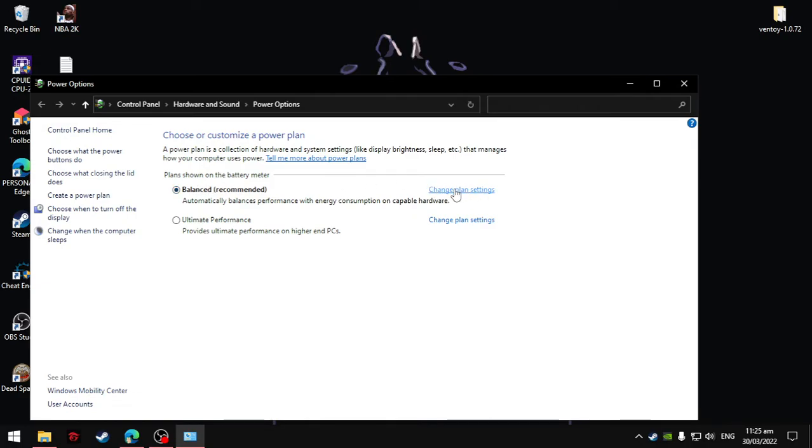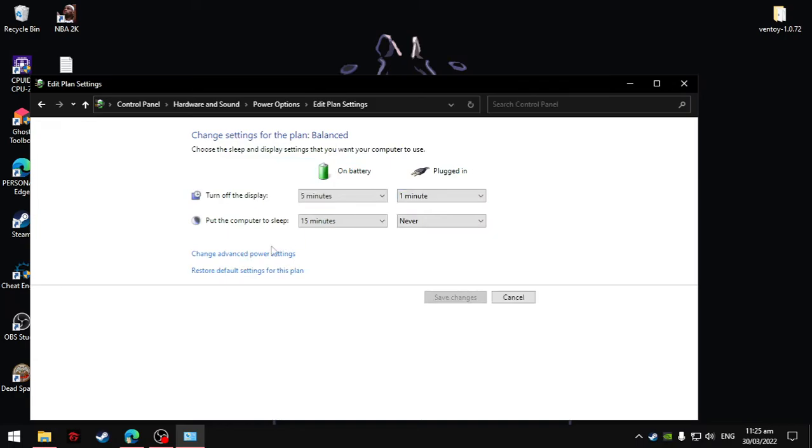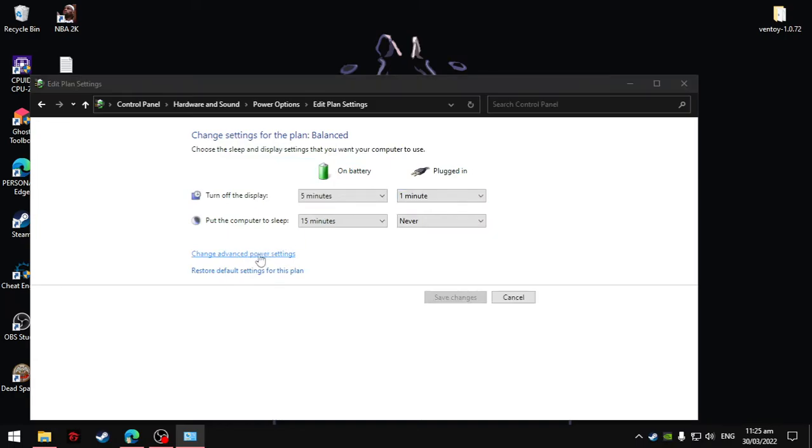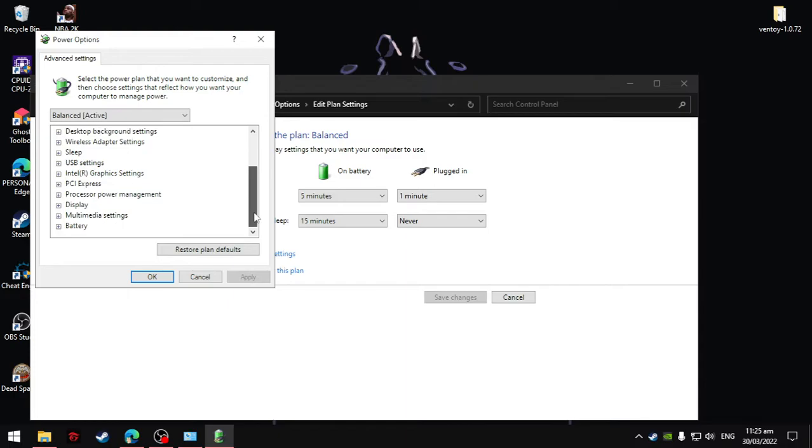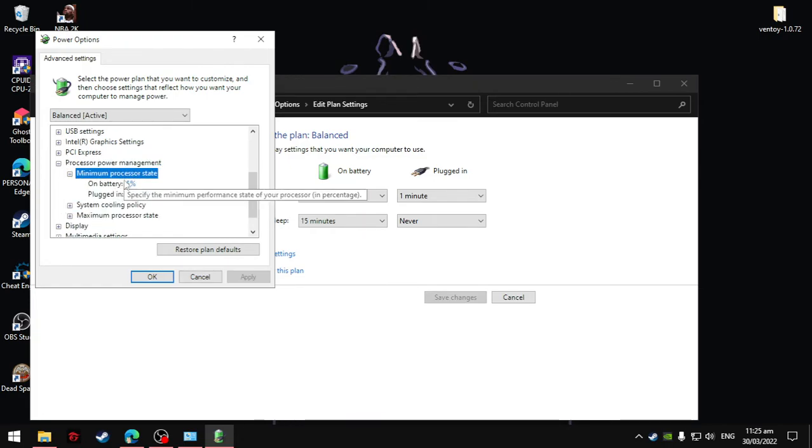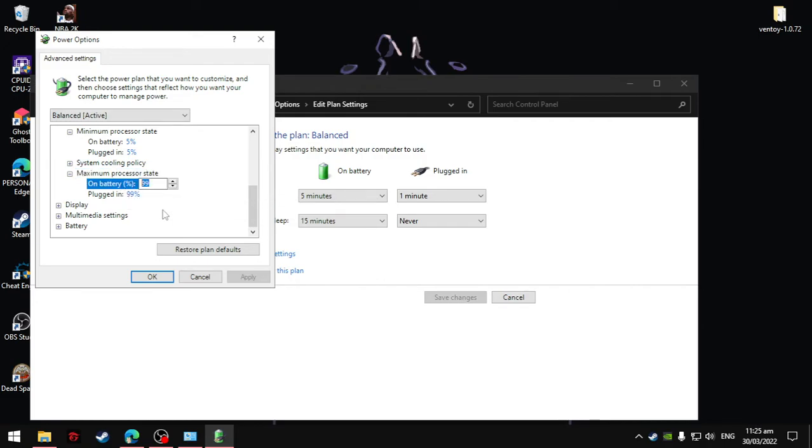press change plan settings, go to change advanced power settings, scroll down, expand the processor management by double clicking it, expand minimum processor state, set that to 5, then in the maximum processor state, set both to 99, in the plugged in percentage 99 also, then click apply, press OK,